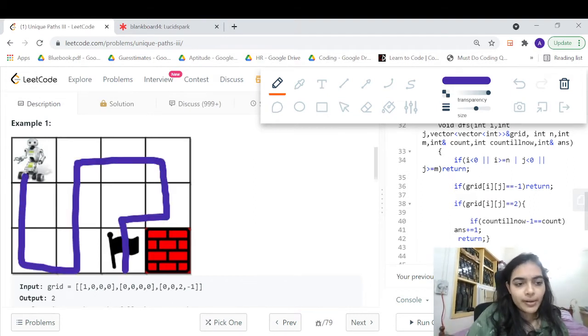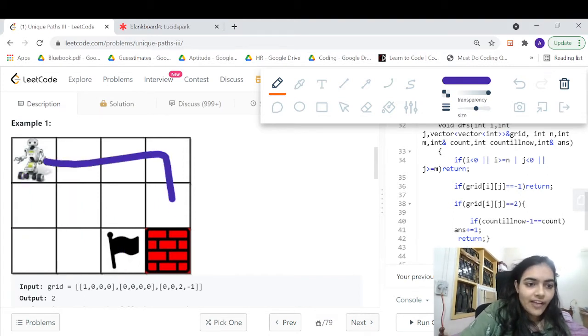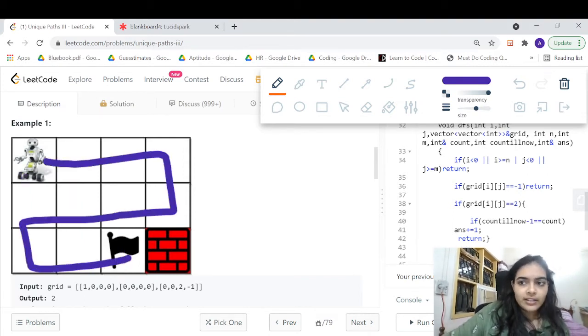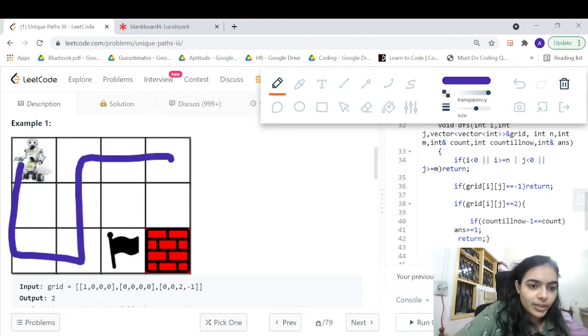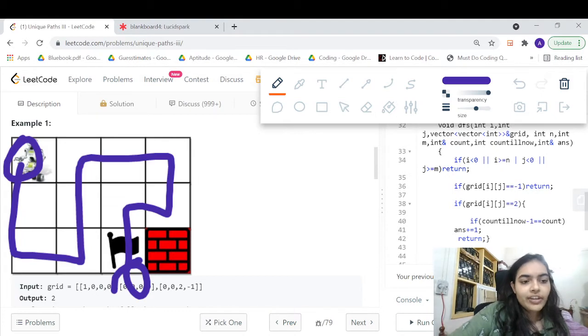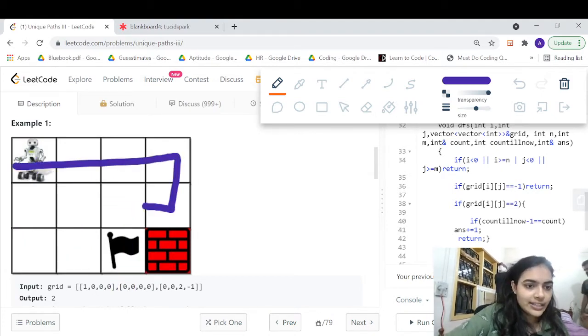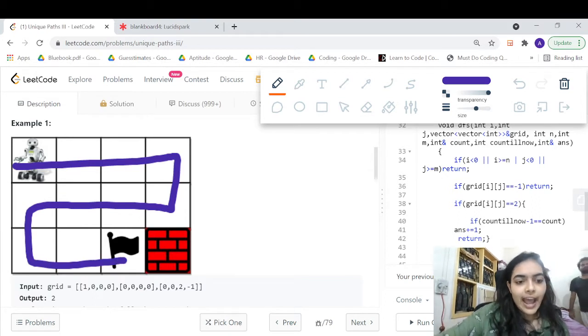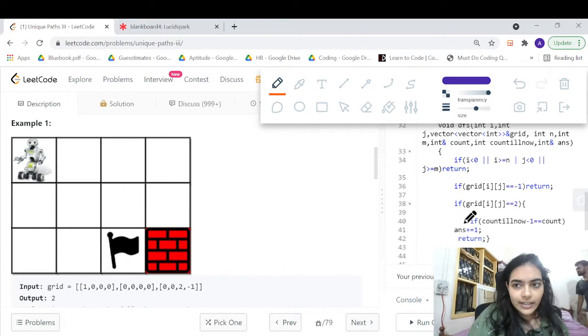So this is one possible path which is covering all the squares. Okay. So this is one path and then we have this as the path. So there are two paths. Let's see again. This is one of the paths because it is starting from this node, it is ending at this node and it is covering all the squares that are empty. The second path is like this. It is starting here, it is ending here and it is covering all the squares that are empty. Okay. So let's see one more example.